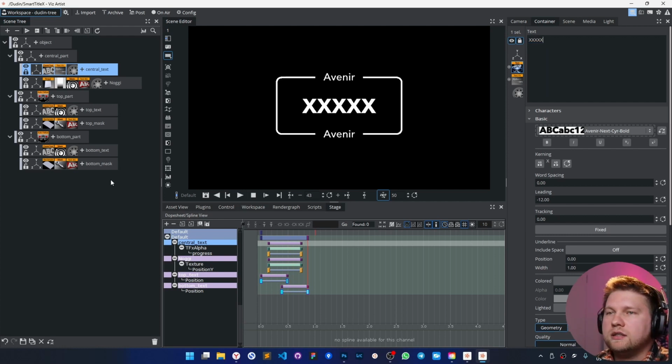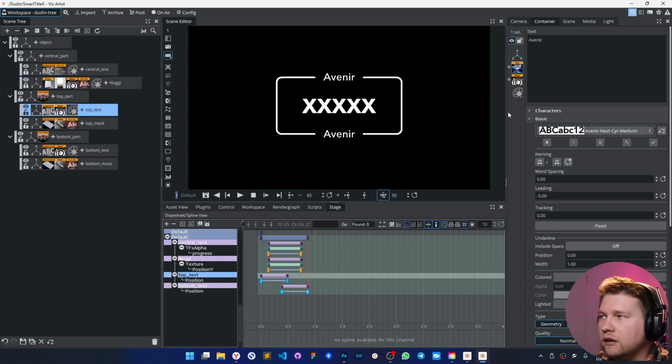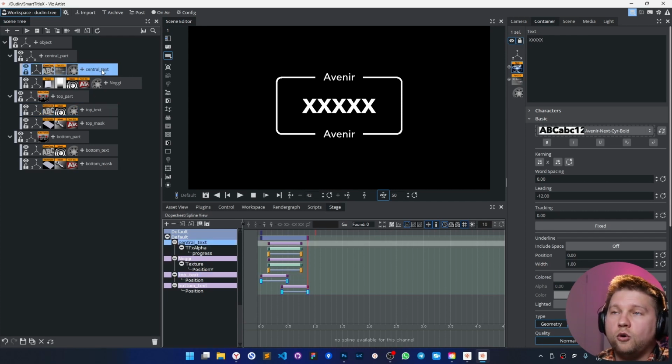Okay, so the next step, what we're going to do, let's animate the central part also in this way. So for this, I also need to do some more complex stuff, because here we are considering not only the horizontal size, but also the vertical one. So what I can do for this, I can just make a copy of this text. Just for this scenario, it's only one way how to do this. So let's do the copy.